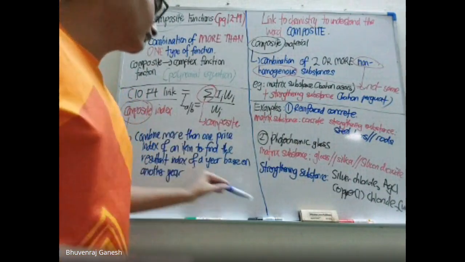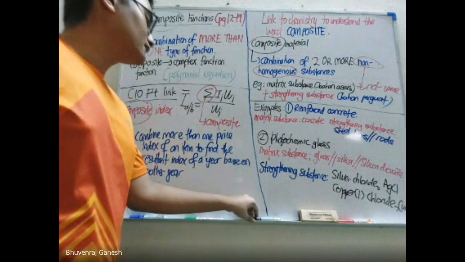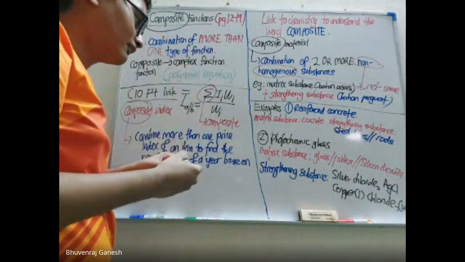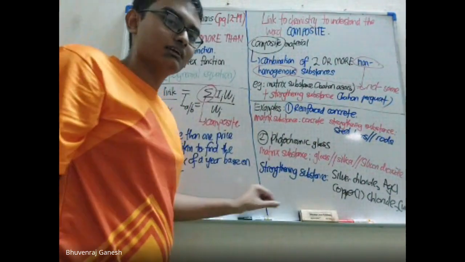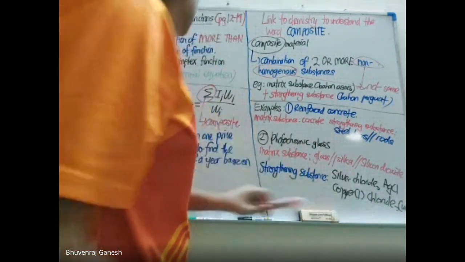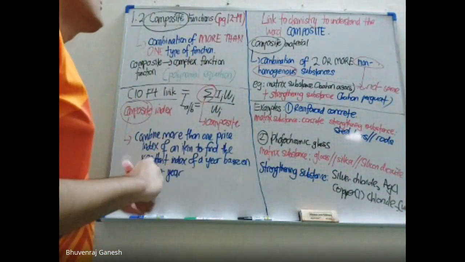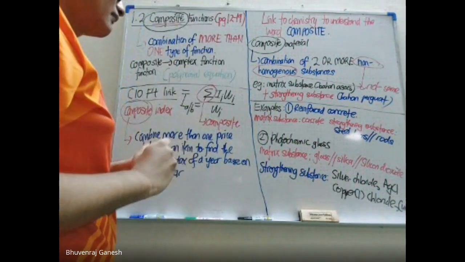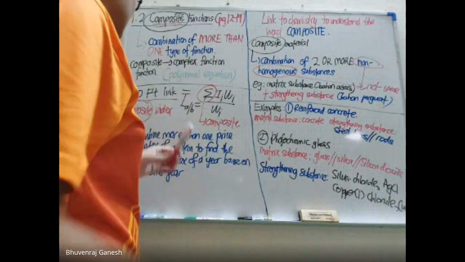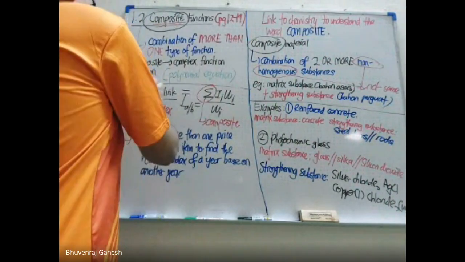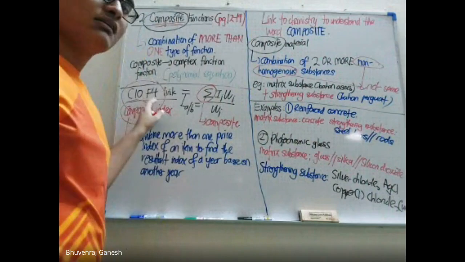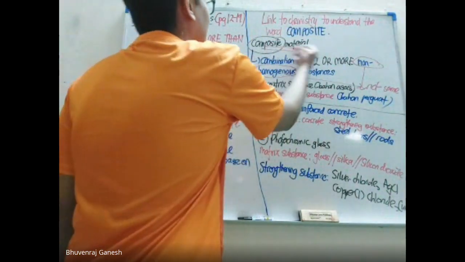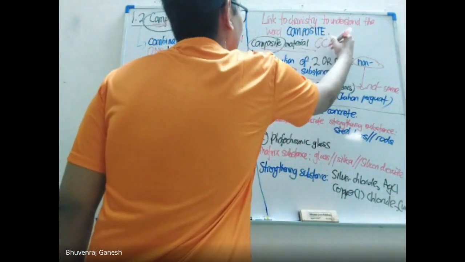So what we are going to do today is composite functions. I don't want to go directly into the topic of composite functions, but let's talk a bit about what's the meaning of composite first. To understand this word, I actually came up with two examples. One is talking about composite index in Form 4, and another one is about composite materials, which you learned in your chemistry